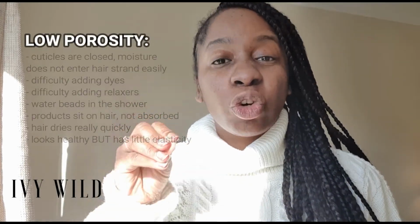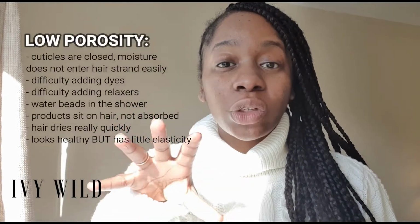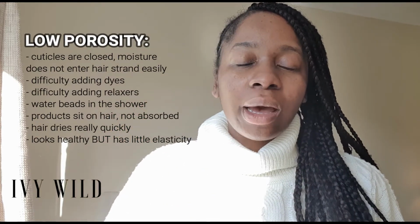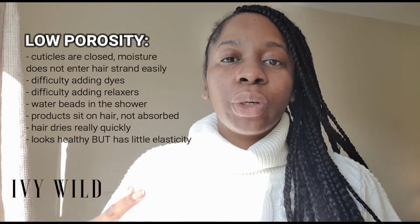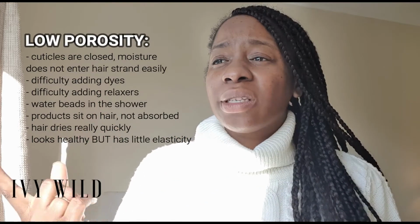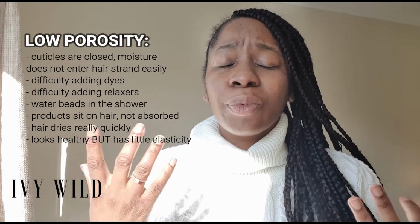Think of a sponge, for example. If we have a dry sponge, and there's no water near it, it's not going to be able to soak up any moisture. Whereas as soon as we put it in the water, it soaks it up. The aim that we want the hair strands to do is soak up all the nutrients that we're getting from topical treatments, from products, and